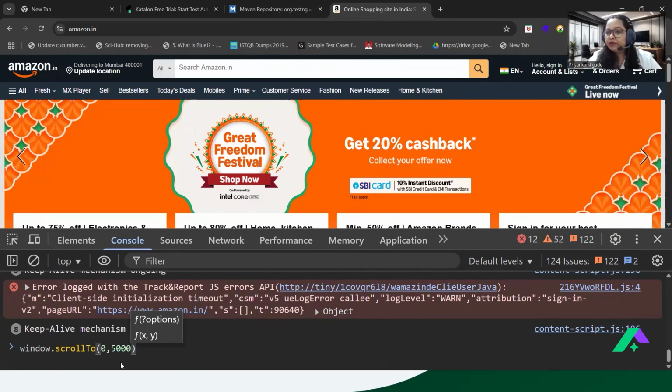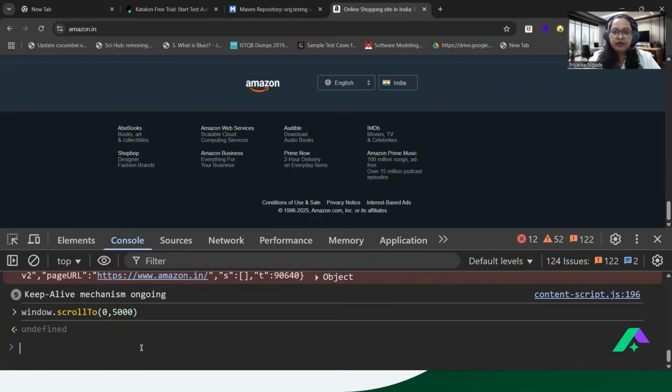Just observe whether this page is getting scrolled or not up to that particular pixel value. Have a look. If I complete that command and hit enter, you can see my page got scrolled, right? Up to the bottom, you can see it is getting scrolled. So the complete page is now scrolled down, right?